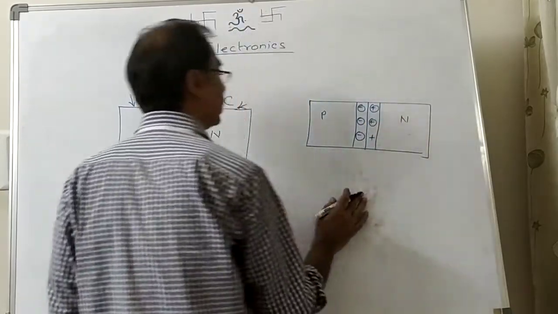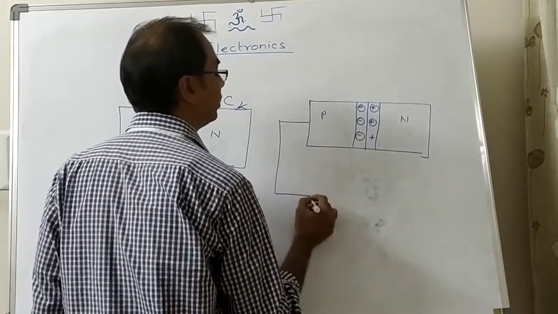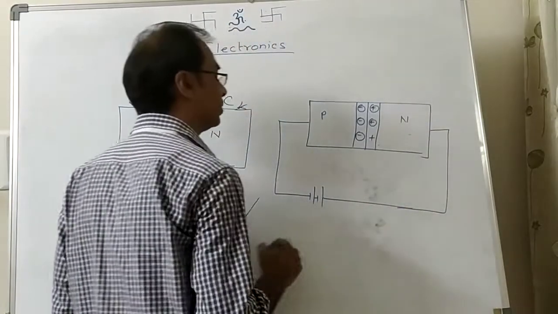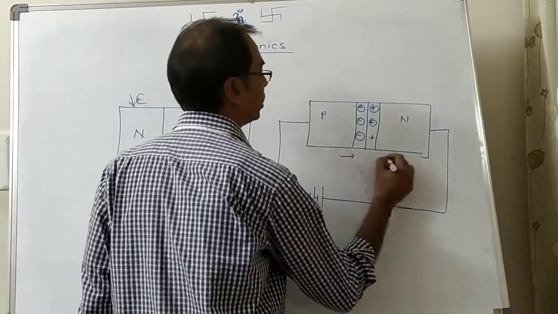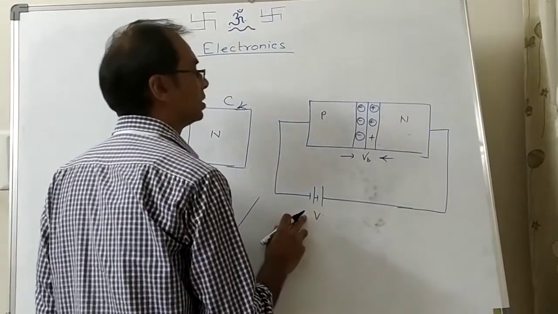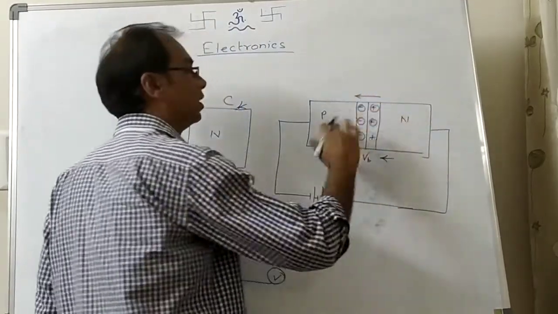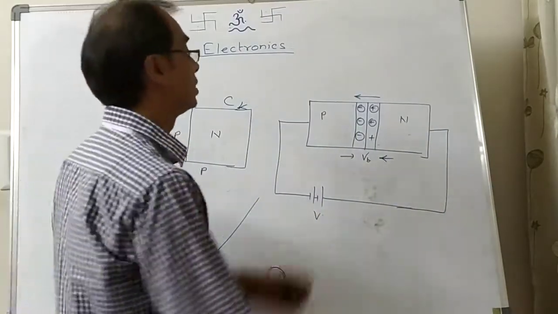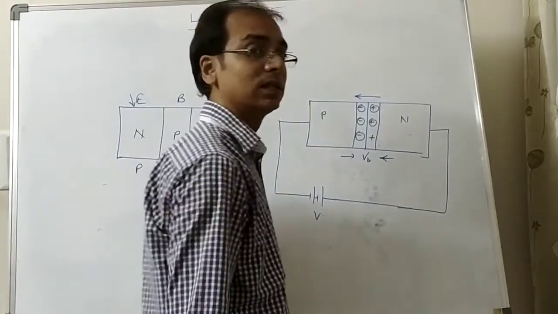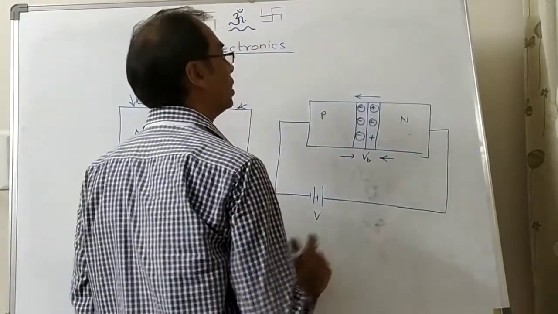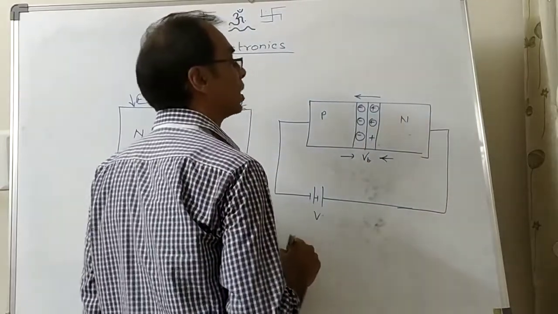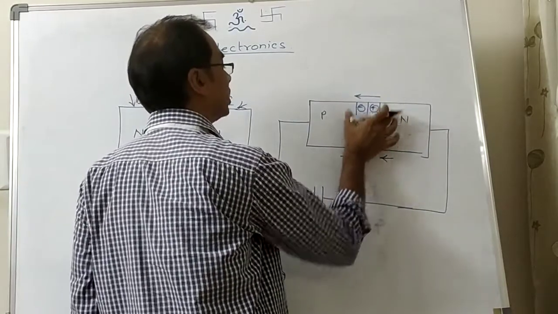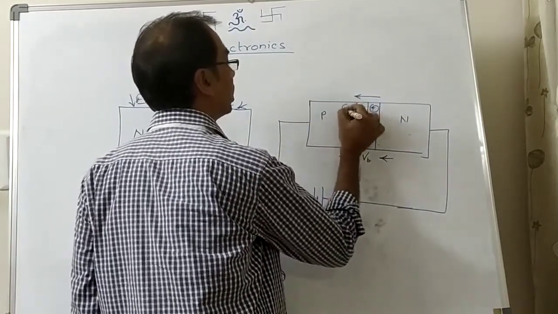Okay, now what we are going to do is connect it with reverse bias. Reverse bias means P with negative and N with positive. So because of this, what is going to happen? There is barrier potential. Now this electric field is in the same direction as that of the electric field of the depletion layer. So because of that, the width of the depletion layer starts increasing. It becomes more and more. Why? Because if the electric field is in this direction and this also is in that direction, more and more minority charge carriers will deposit over here. More and more will come.